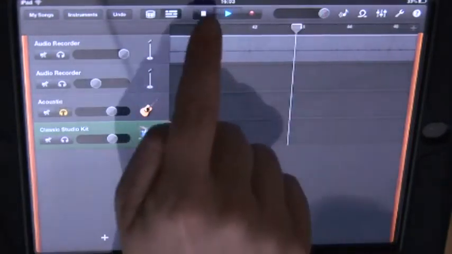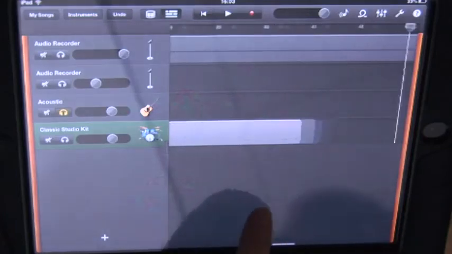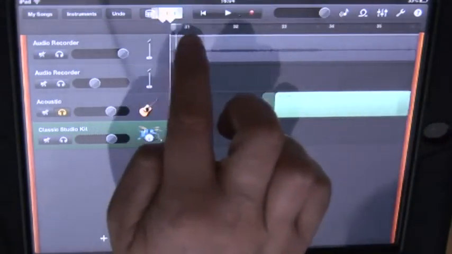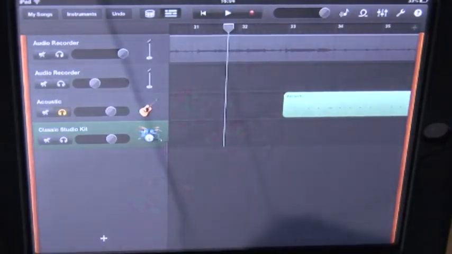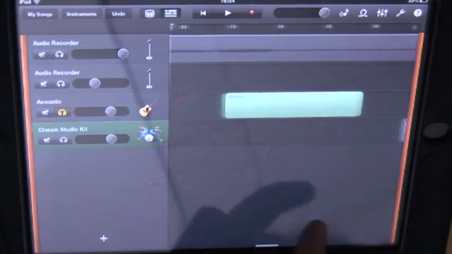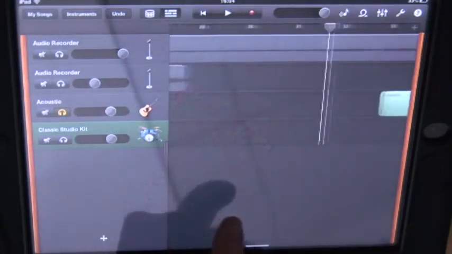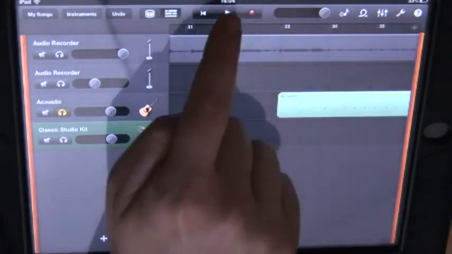So let's solo the guitar. Now to check that a track is soloed, you can see that it's the only one in colour and all the other tracks that are muted are shadowed. So if we just want to hear the guitar,